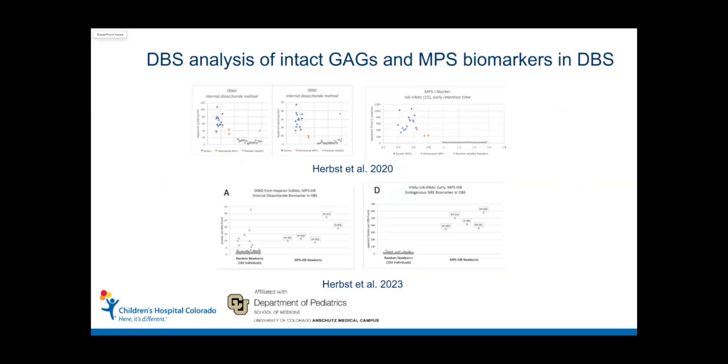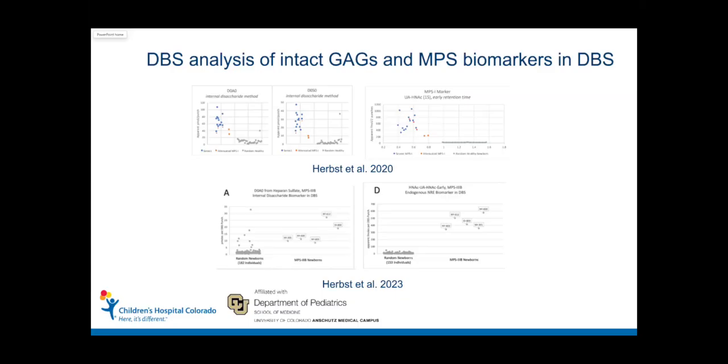And so these are two papers from Dr. Gelb's group. I think they do an amazing job just talking about the different methods. And I really think it's kudos to Dr. Gelb's group, because what they did in working with the MPS Society is they collected a whole series of dry blood spots from MPS patients as well as normal unaffected individuals. And they took the same spots and compared them across several methods.